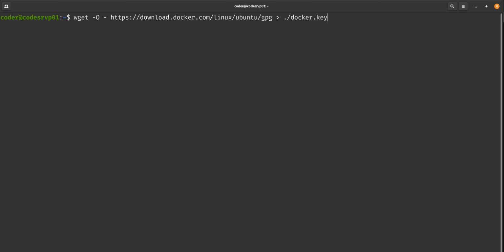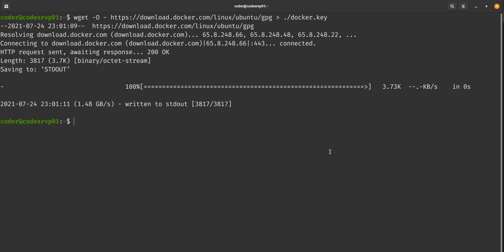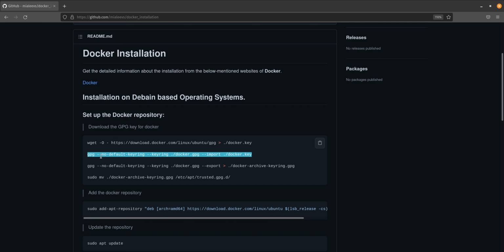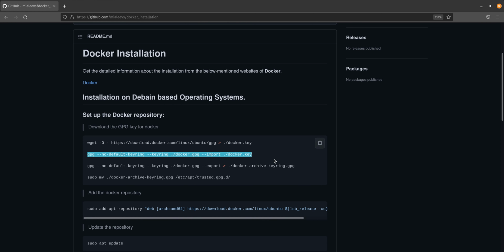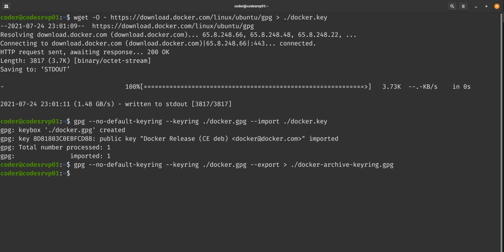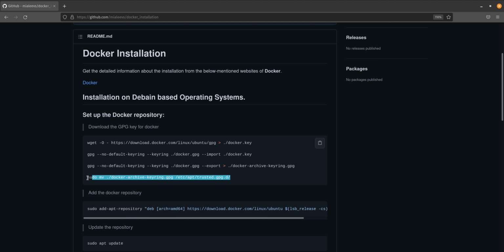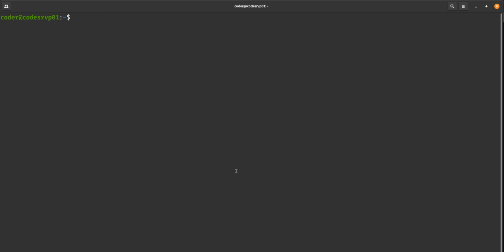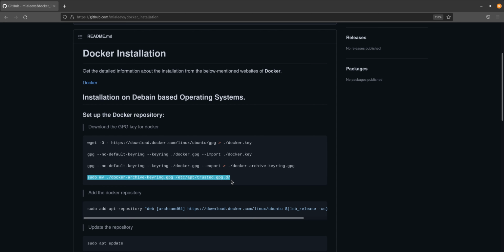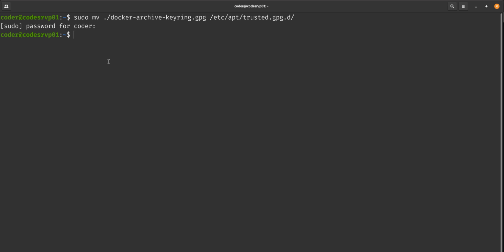So the initial installation will be on Pop!_OS 21.04. And once the key is downloaded, we'll add the repository for Docker.